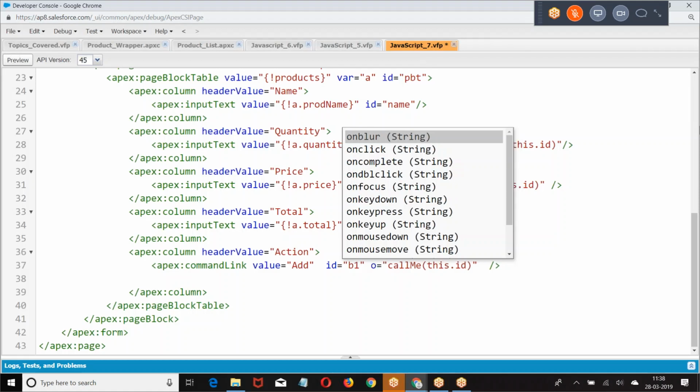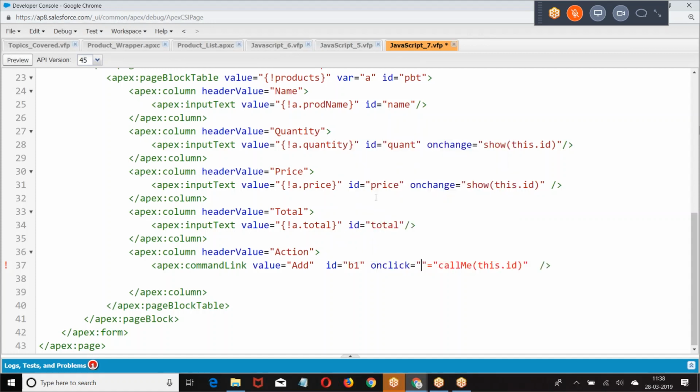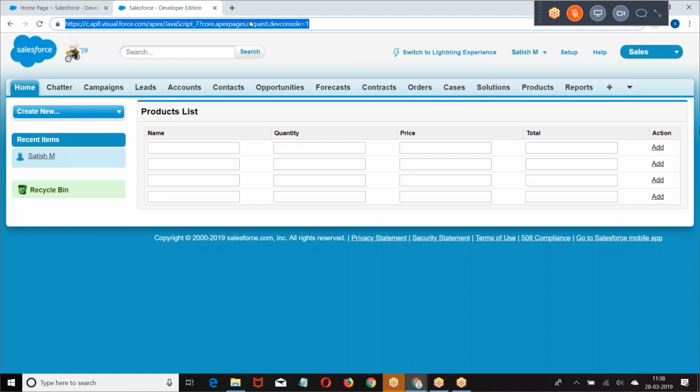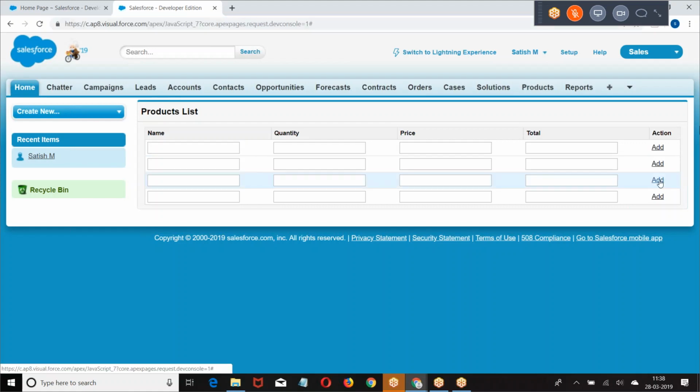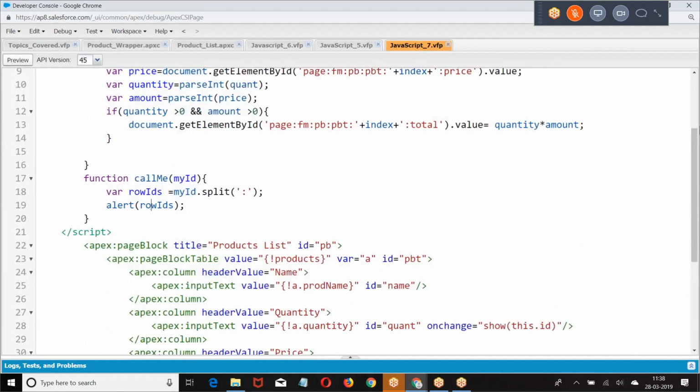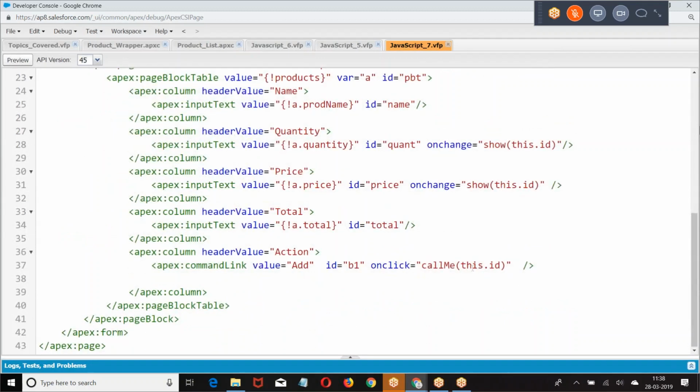So we need to cross check why the functionality was failing here. Let me redo it. Add. It is not getting split. The ID is not getting passed. Onclick call me.